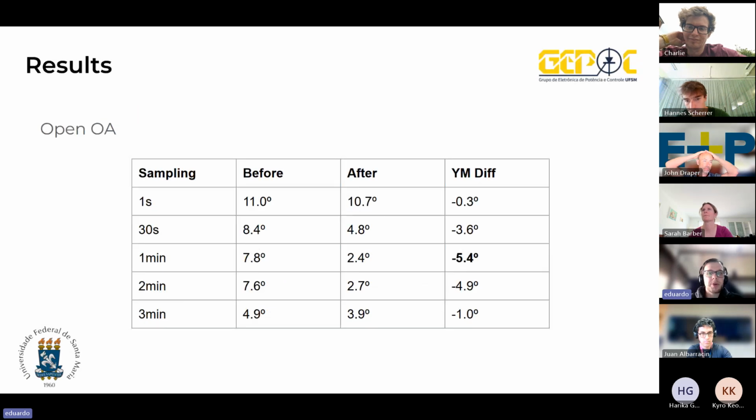And with OpenOA, we have a good result at the 1 minute sampling, with minus 5.4 degrees offset detected by the OpenOA.